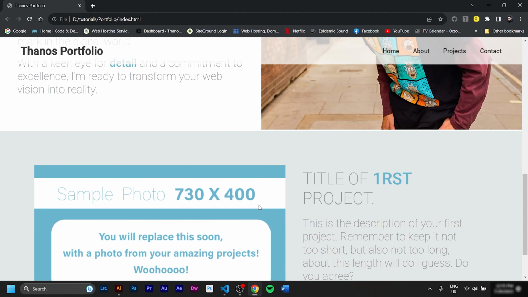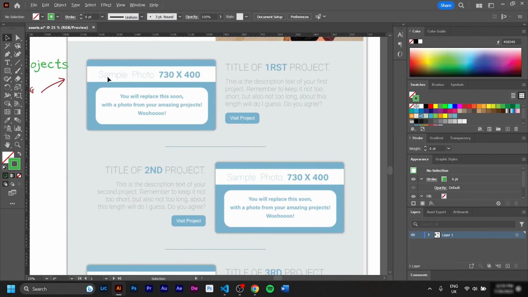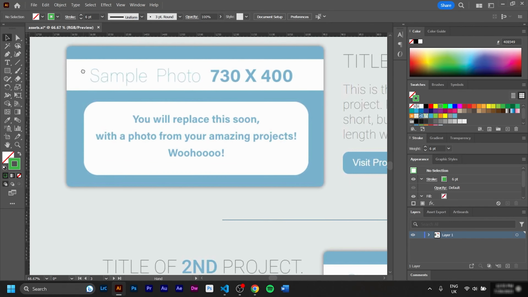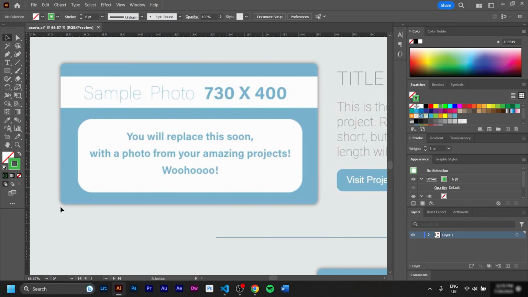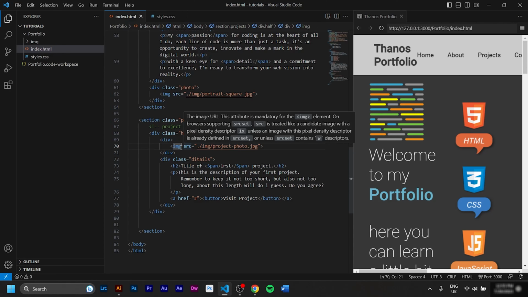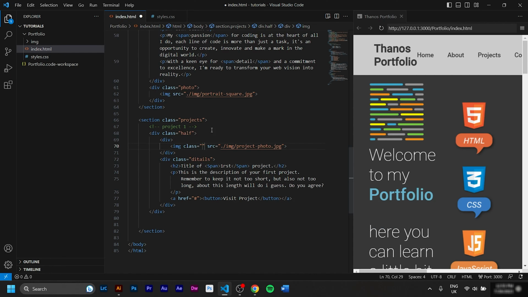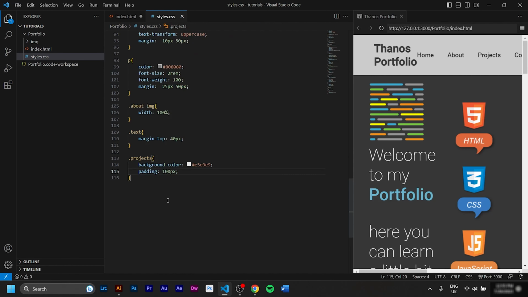We want here to stop directly in the middle, but there are also some small details here we'll have to check out. One is the round corners, and the other one is that it has a light shadow beneath it. These adjustments, we have to do them directly in the photo and not on the div that surrounds it. So I'll go on HTML and I will give my image a class name. Class equals proj photo, which stands of course for project photo. I will just copy that, go to styles and go dot, paste proj photo, and we go inside and we'll start writing.